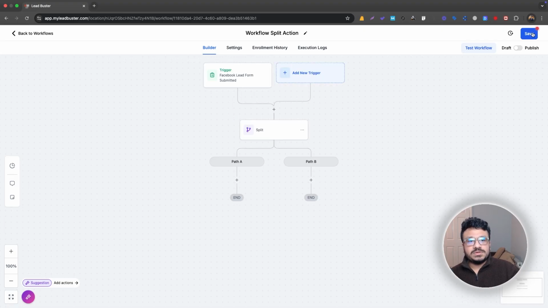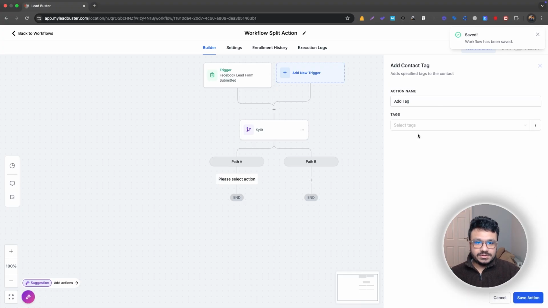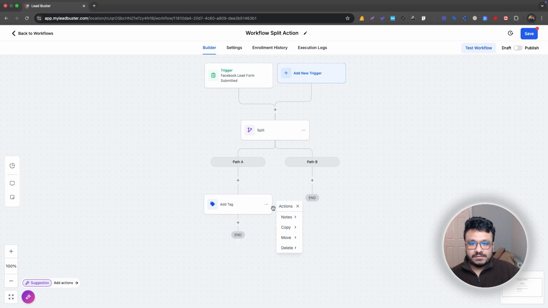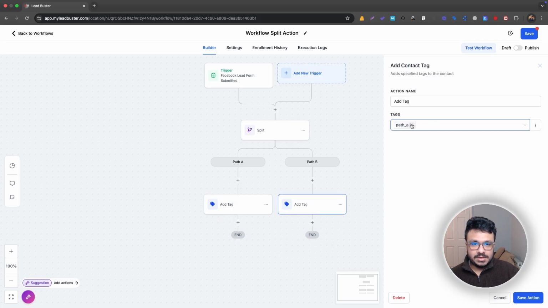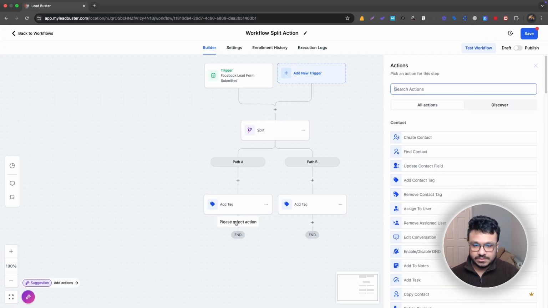So how do you know which one is working? I would come here and then path A, I would just add a contact tag called path A. So if someone replies from this workflow and the tag contains path A, which means they replied from your first sequence. If they replied from the second sequence, the tag would be path B, right? That's the sort of thing you do when you want to do A/B tests on your email sequence or SMS sequence. I would do SMS